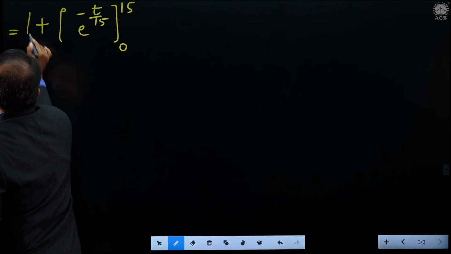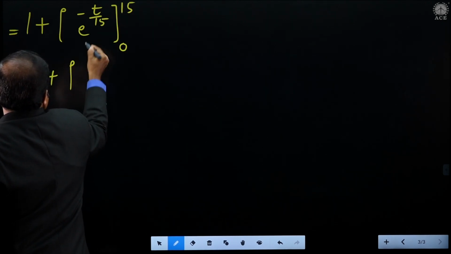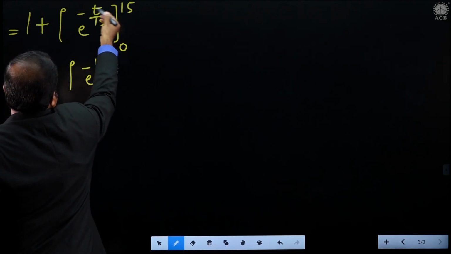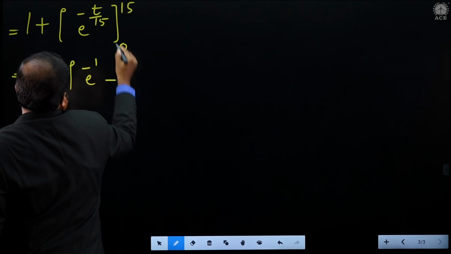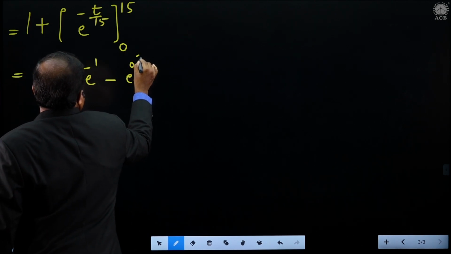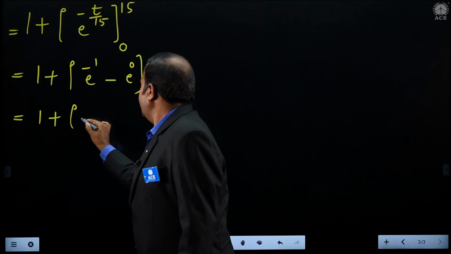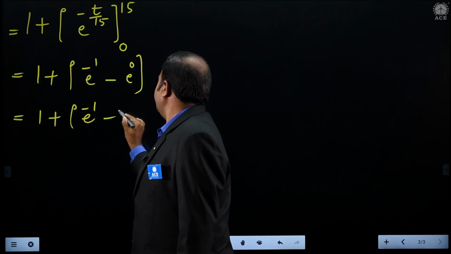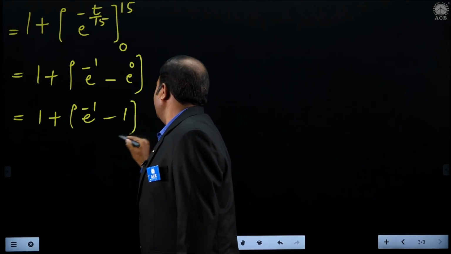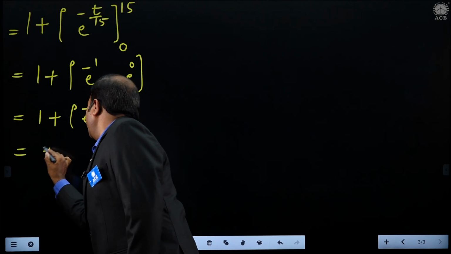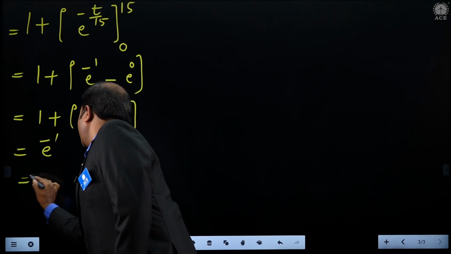So this is 1 plus e raised to minus 1 upper limit minus e power 0, that is 1 plus e raised to minus 1 minus 1. So finally this is equivalent to e raised to minus 1,